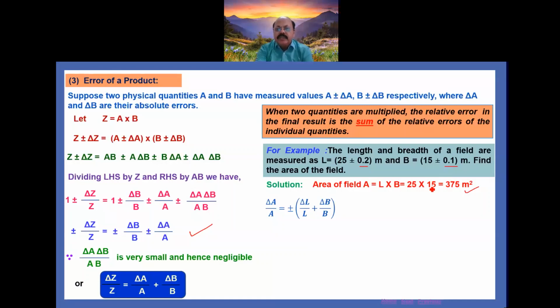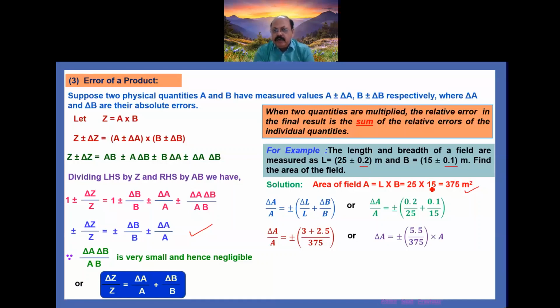So substitute these values, you will get delta A upon A equal to plus minus within bracket 0.2 upon 25 plus 0.1 upon 15. Solve it by taking the LCM. Then the expression becomes delta A upon A equal to plus minus within bracket 3 plus 2.5 upon 375, which comes to be